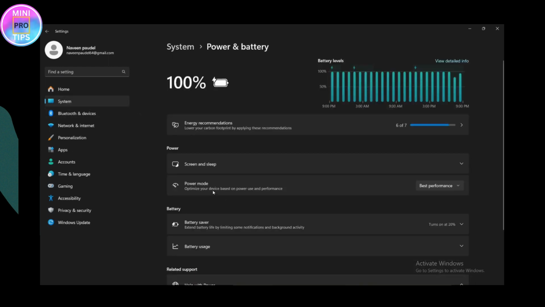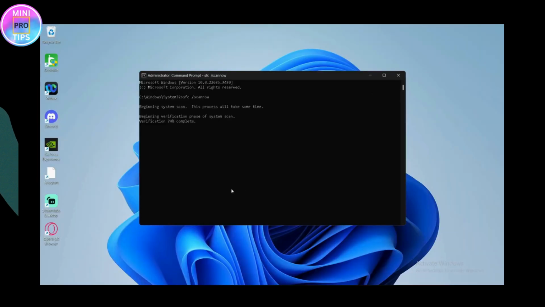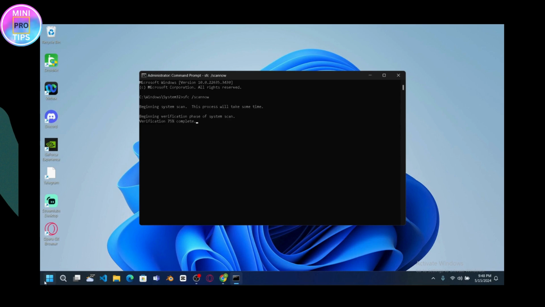And once you're here, you need to simply go for the power mode option, which says optimize your device based on power, use and performance. Under that, you need to go for the right, and you need to select for the best performance option. So if you have best power efficiency or balanced, then you need to go and click on best performance. And once you click on best performance, now you need to remove that, and you can simply right click on